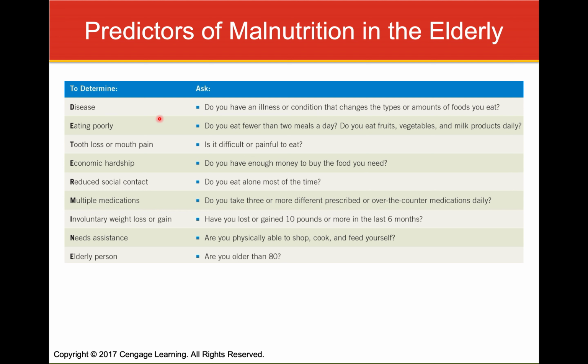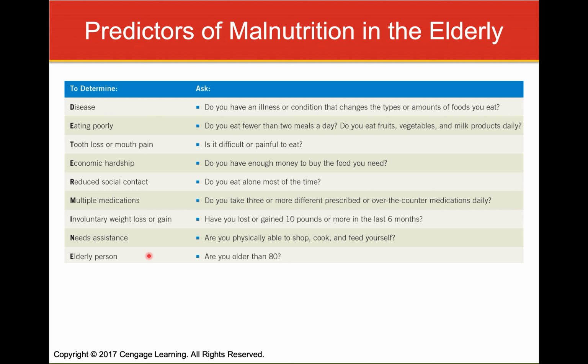So, predictors of malnutrition in the elderly, we have this acronym called DETERMINE. So things that can predict malnutrition: if somebody has a disease, if they've been eating poorly already, if they have tooth loss or mouth pain, if they've experienced economic hardship, if they have reduced social contact and they're at high risk for loneliness, if they take multiple medications, if they've had involuntary weight loss, if they need assistance with shopping, cooking, and feeding, and if they're